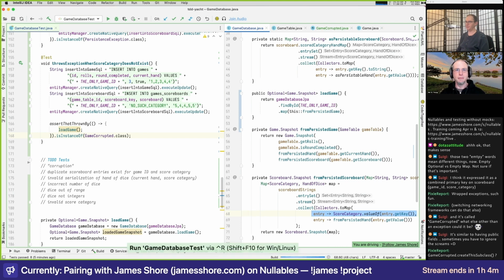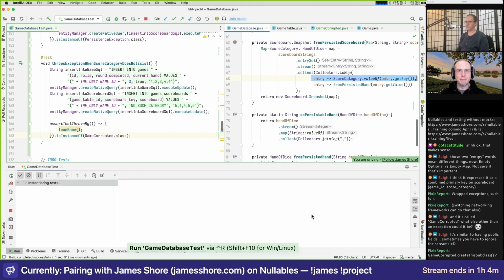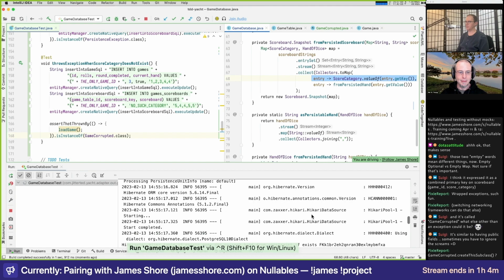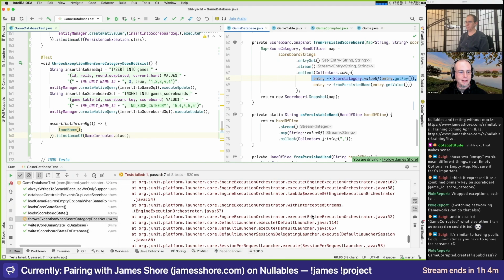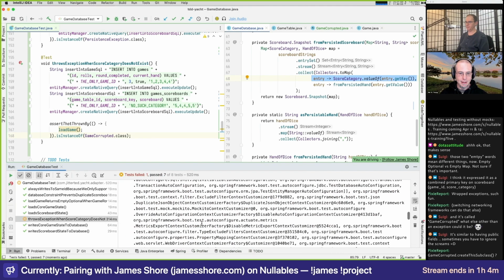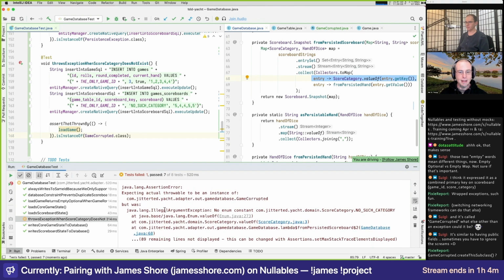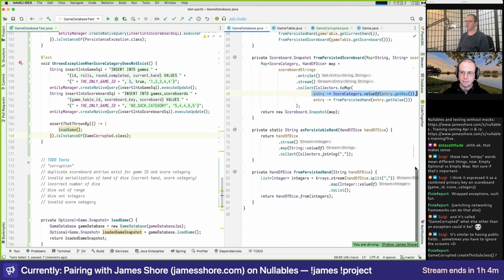So let's run it. So basically, illegal argument exception. Okay. Yeah. So what are we going to do? Are we going to intercept illegal argument exception inside of score category dot valueOf?